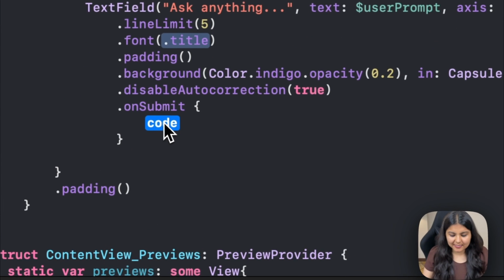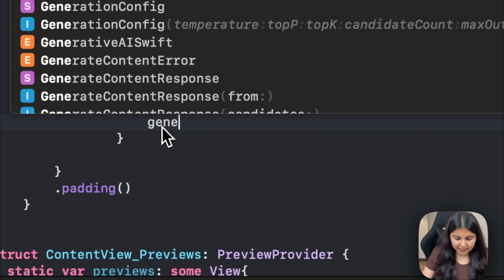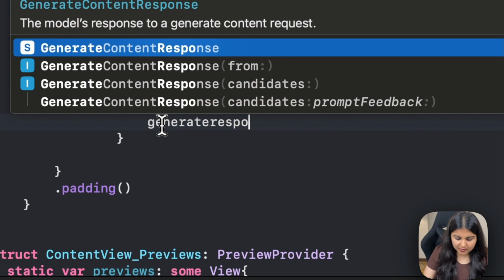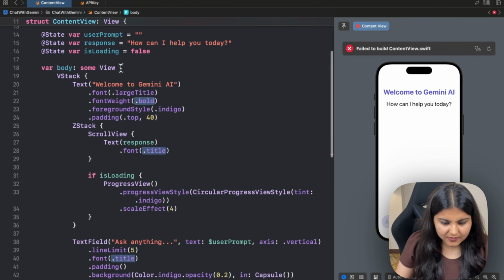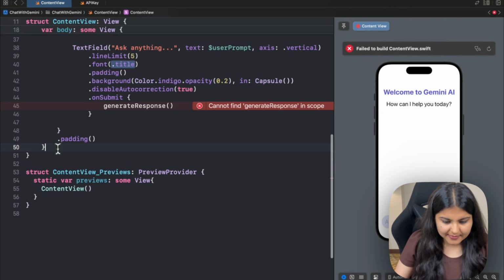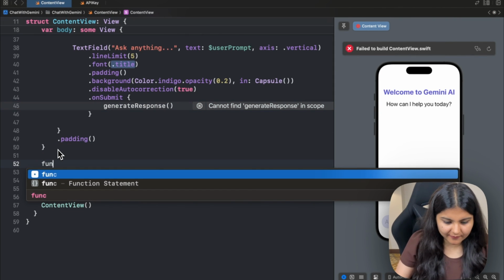So for that, let's create a function and let's call it generate response. Okay, now it's time to define this particular function. So outside this view, let's define this one. Let's write function